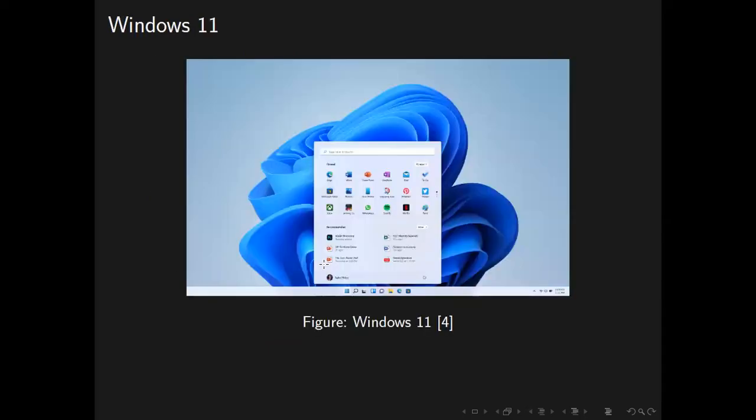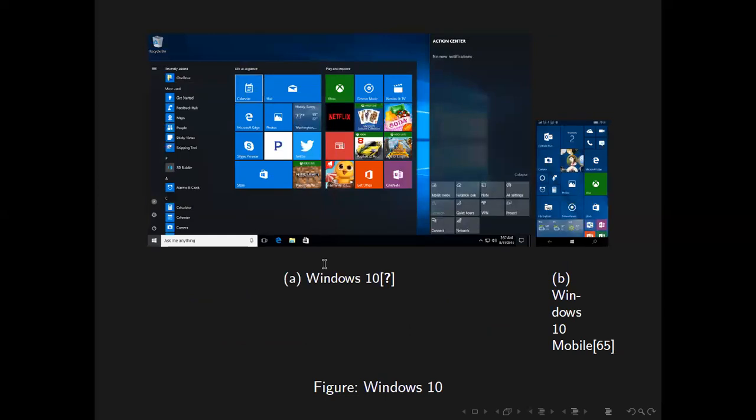What were the operating systems we have seen till now? Windows 11, Windows 10, Windows 8. Beyond this, there were operating systems named Windows 7, Windows XP, Windows NT, Windows ME, Windows 2000. All those other versions of Windows are gone. Normally, we use Windows 7 or Windows 8 as the lowest version, then Windows 10. The latest version is Windows 11.